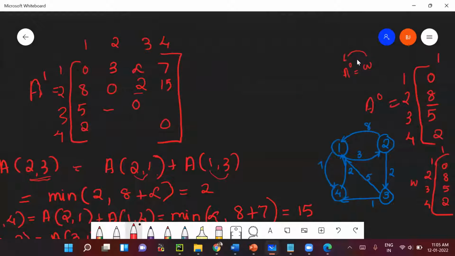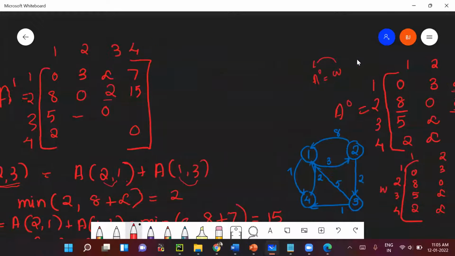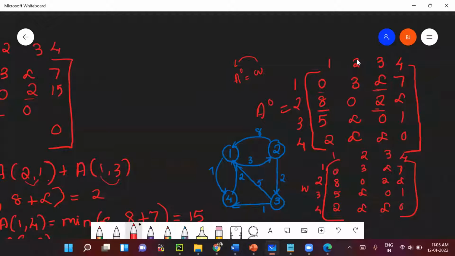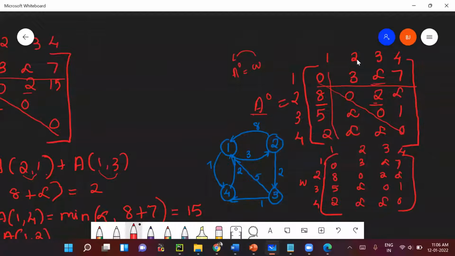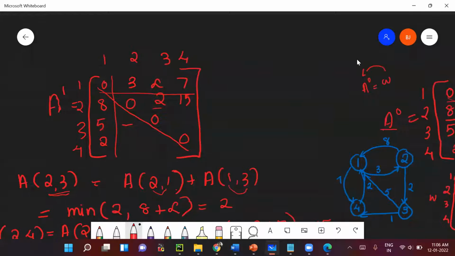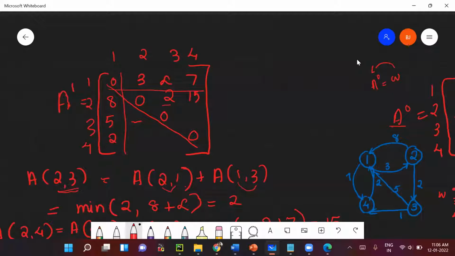So in this first step, we will be copying the first row and first column and also the diagonal elements of A0 to A1. So you can see that I just copied from A0 the first row and first column and also the diagonal elements same as what we have from A0. Are you all able to see? Okay. First time I am using this writing board, that's why I am asking.